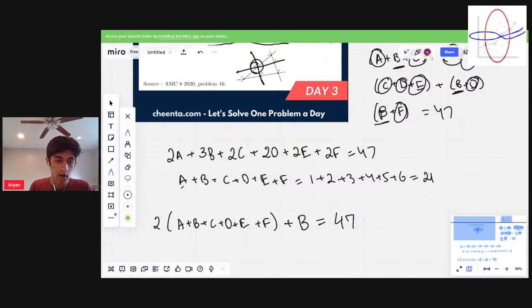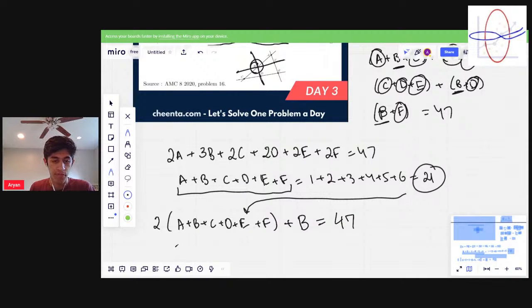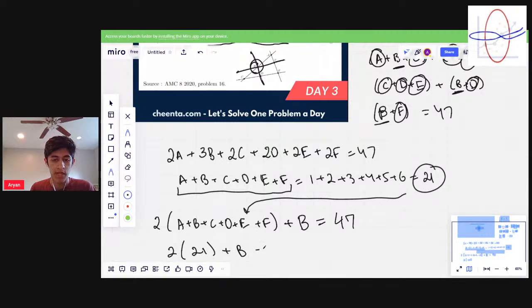But now, recall that A through F, adding these up, gives us 21. So we can just substitute it right into our parentheses, and simplify this to get 2 times 21 plus B is equal to 47. And now this equation isn't too bad to solve because we just have one variable B. If we do this out, we get B is equal to 47 minus 42,